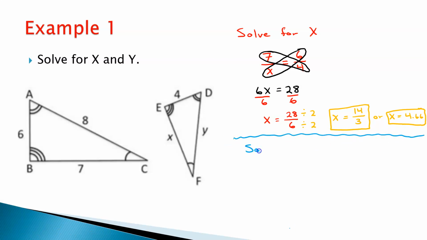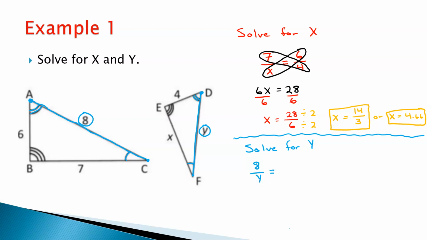We're going to go ahead and solve for y. Okay, so let's play that matching game again. Here is y. There were 2 markings on angle D, 1 marking on angle F, 2 markings on angle A, only 1 marking on angle C. So these are the corresponding, matching sides: 8 and y. Again, I'm going to go from left to right, so I'm going to write 8 over y